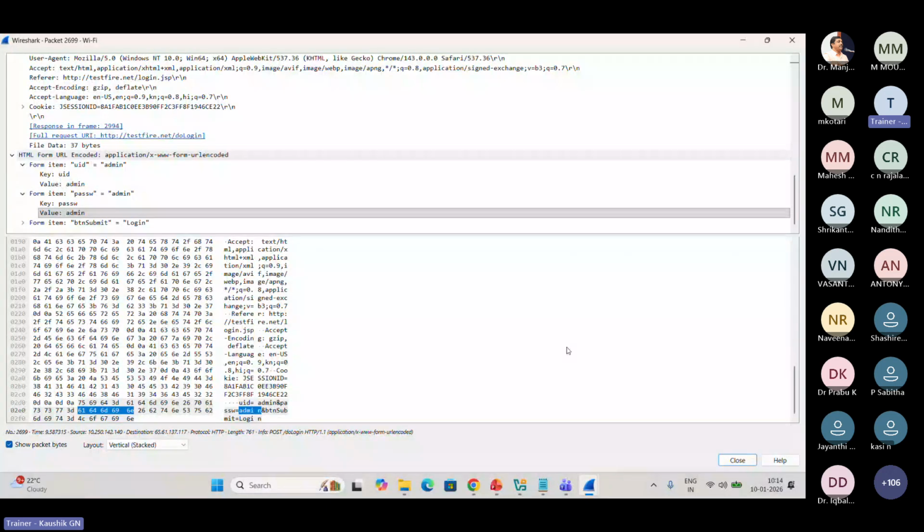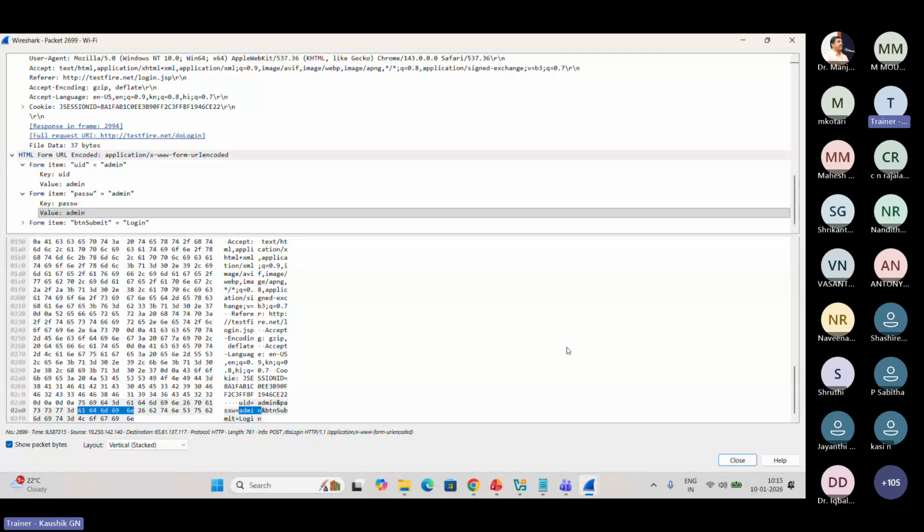When the internet came into the picture, when the World Wide Web came into the picture, it was only HTTP, because that day they thought no one would find this vulnerability. In the meantime, security researchers built tools like Wireshark, and they started to capture the packets.